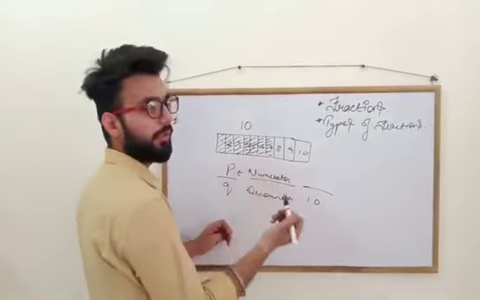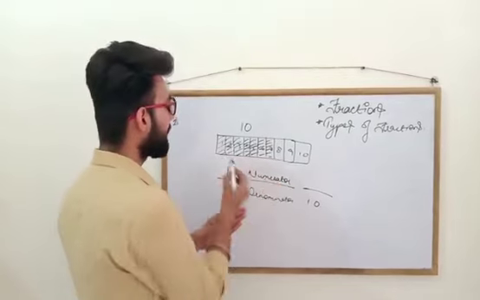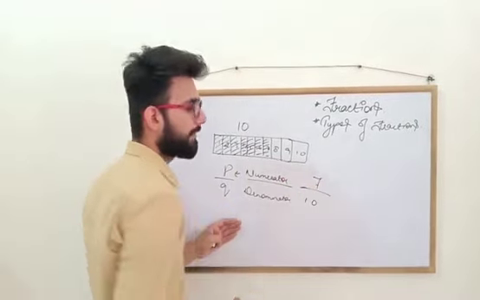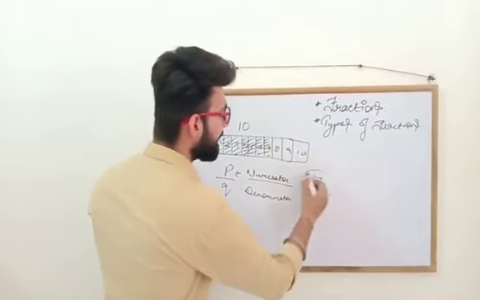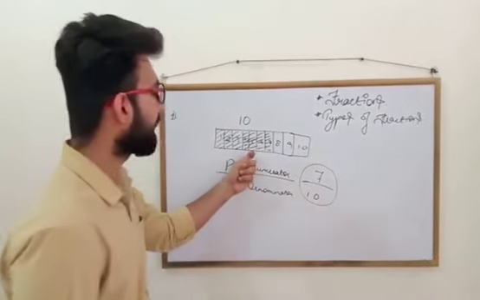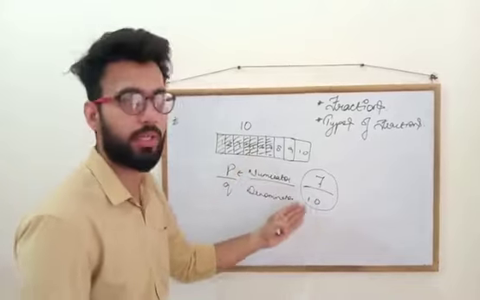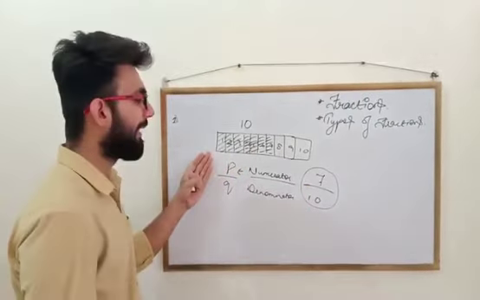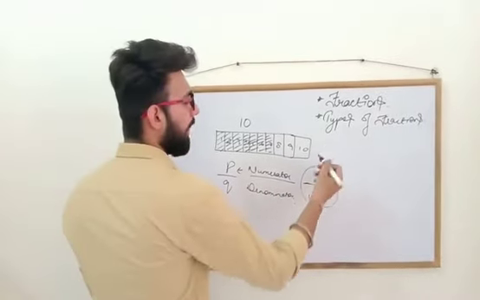And the portion that is covered, or that is shaded, that is 7 parts. 1, 2, 3, 4, 5, 6, 7. So 7 we will write as the numerator. Cool? So this is a fraction. If you want to represent this bar, this table basically, in the form of fraction, we will say 7 by 10. Cool? This is basically a proper fraction.